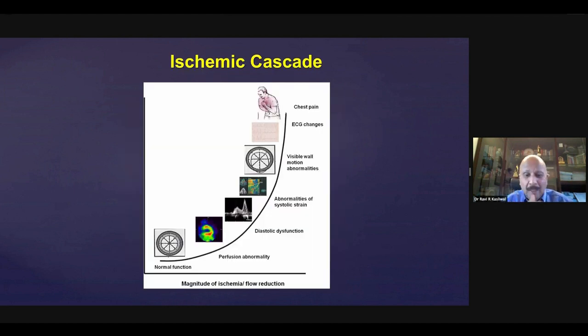And so you can see here, normal function, as the patient comes to you with chest pain, what has he undergone? Normal function to start with, perfusion abnormality occurs earlier on. Then he has diastolic dysfunction, abnormalities of systolic strain, visible wall motion abnormalities, electrocardiographic changes, and chest pain. So it is important for us to realize what is the cascade and at what point we are seeing the